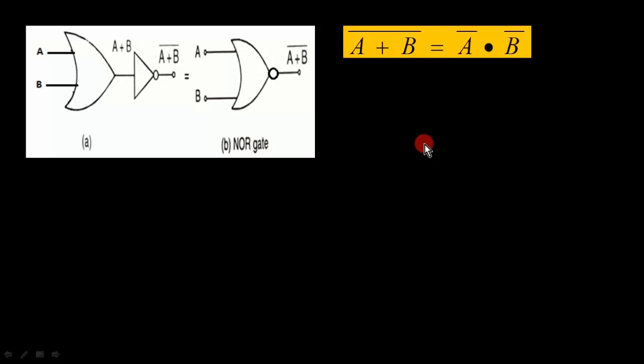Now let us see how to construct a logic diagram by using the Boolean equation for De Morgan's first theorem. On the left hand side we have the complement of the addition a plus b, which we read as a OR b. So we require an OR gate. That OR gate is shown here, which has two inputs a and b. The output of this OR gate becomes a plus b.